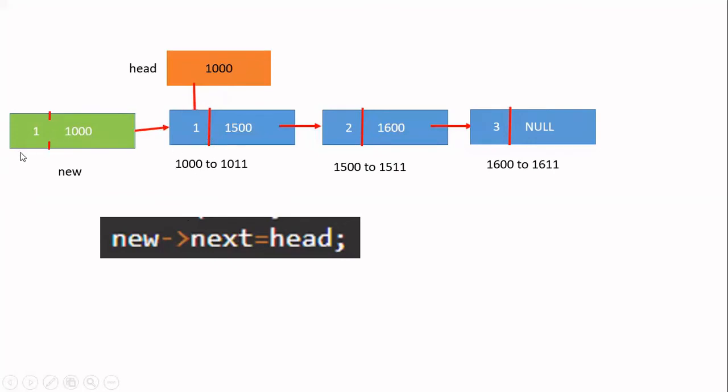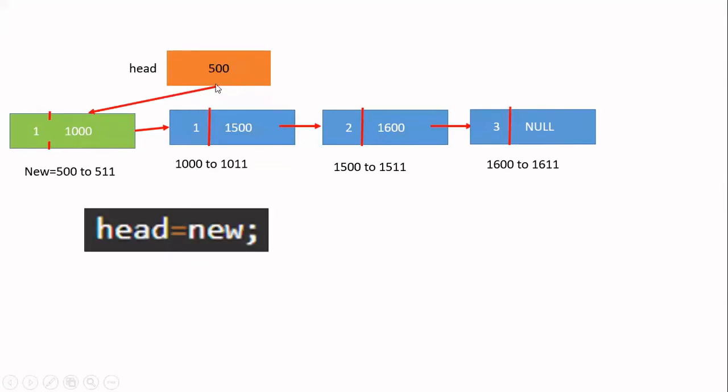This is your first node. The green one is your first node. So you have to make this red pointer in the head point to this green one. For that, we are going to write the next step. So this I am going to do now. Okay, how to do this one?